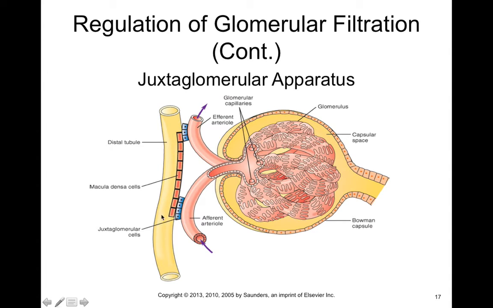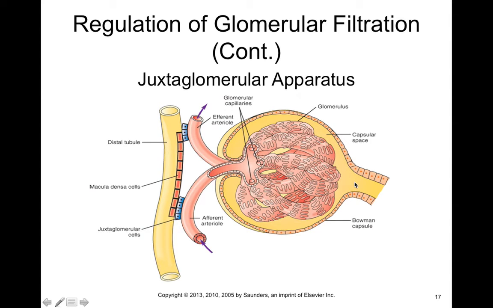Well, in the distal convoluted tubule, if the concentration of sodium chloride in the filtrate is too high, this suggests that glomerular filtration rate is too fast. Because if GFR is too fast, then there's not enough time to reabsorb those solutes back into your bloodstream, which means by the time that filtrate gets to the distal convoluted tubule, you're going to have a lot of solutes left behind because they haven't had enough time to be reabsorbed. So the macula densa here can sense that, and once it senses that sodium chloride concentrations are too high in the filtrate, it can cause the afferent arteriole to vasoconstrict, which can decrease blood pressure in the glomerular capillaries,